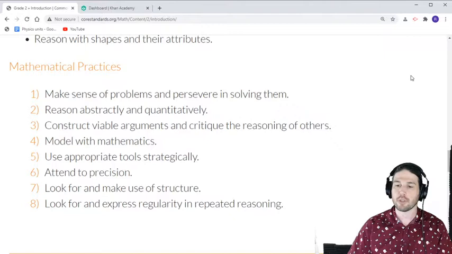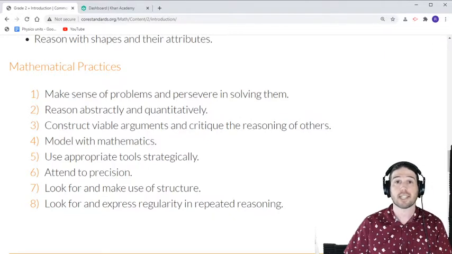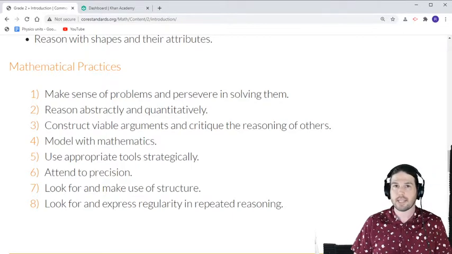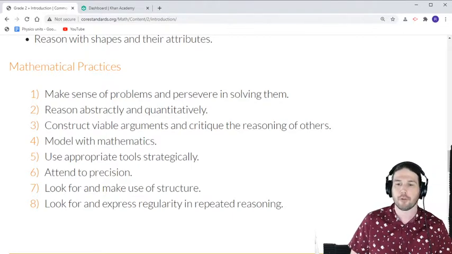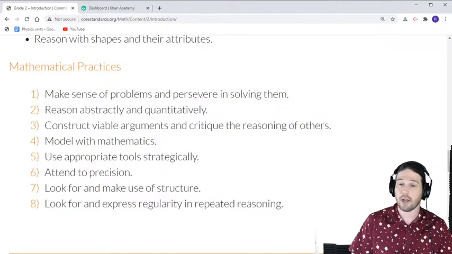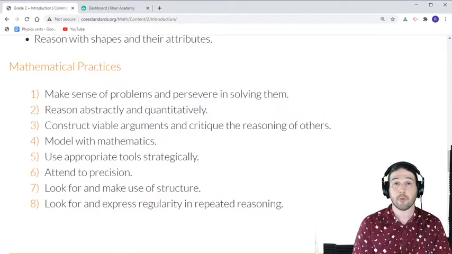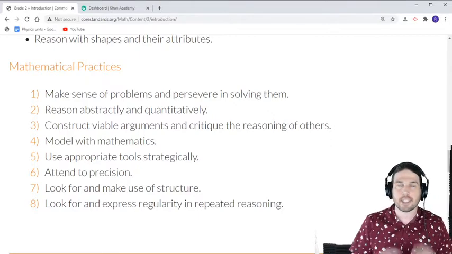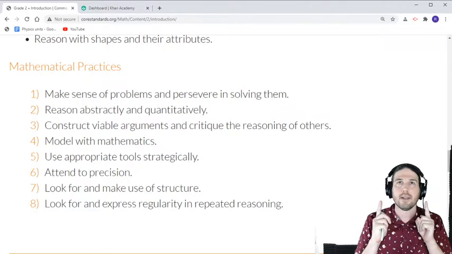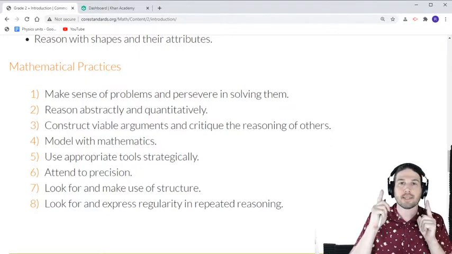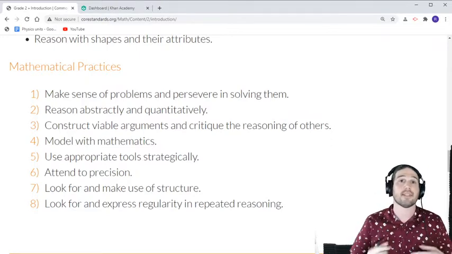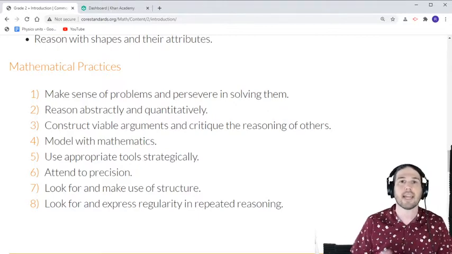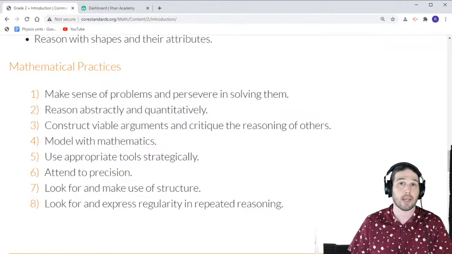Look for and make use of structure is going to be super important when we expand our numbers from just 120 all the way up to 1,000. Because again, it's the same pattern over and over and over again. That's the same thing with number 8. Look for and express regularity in repeated reasoning. The reason that 106 is between 105 and 107 is because 6 is between 7 and 5, and also that's the same all the way up. 906, 907, 908, like the same patterns repeat all the way up the number line,